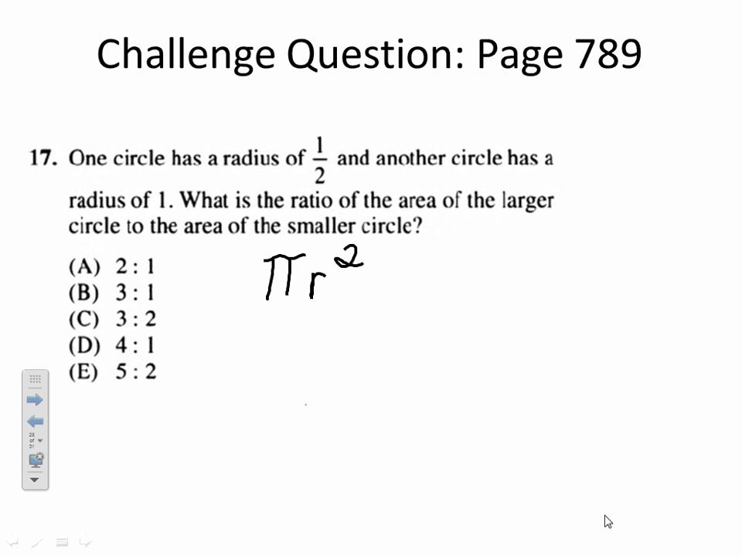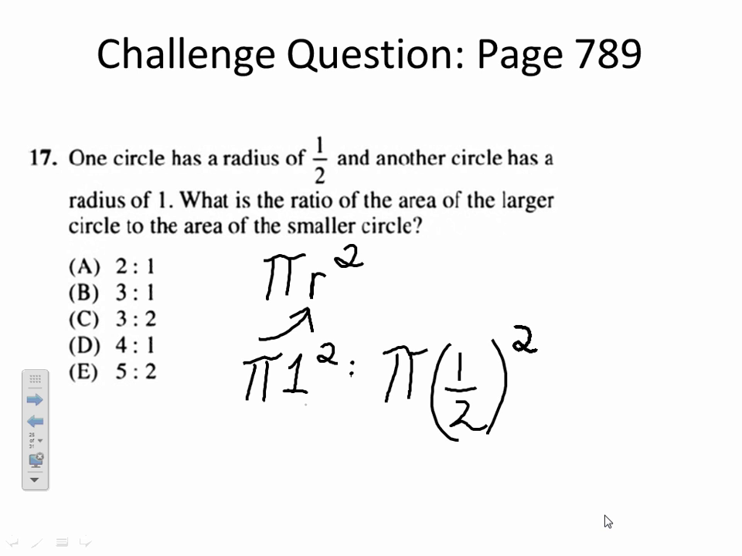It's pi r squared. So you can just plug in the radii for these two circles. And first they want the area of the larger circle. So that would be pi 1 squared. And then they're comparing that to the ratio of the smaller circle, which is pi 1/2 squared. And if you're doing this by hand, you have to remember to distribute the square to the top and the bottom. You can also put it in your calculator